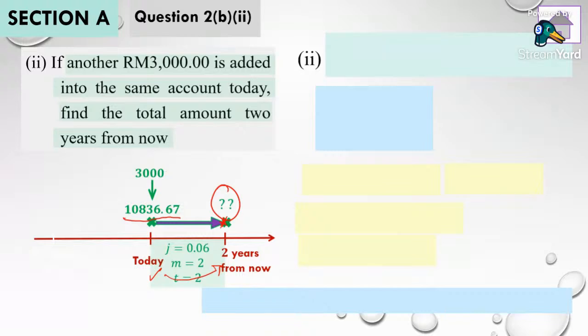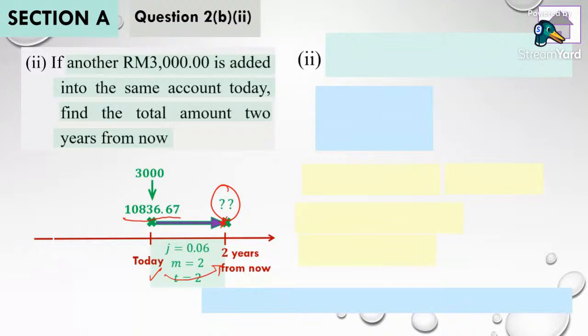So once again, guys and girls, in this question, in the same account, we are still using the case of compound interest to solve. It's not an annuity for sure, because an annuity must have regular payments. But this is another one-shot payment, 3,000 inside the account. So we shall not involve annuity here. An annuity must have the same regular payments from time to time. But although this question has two transactions, each of the transactions happens to be a different value. It's not consistent in terms of time or even in terms of value. So therefore, this is not the case of an annuity.